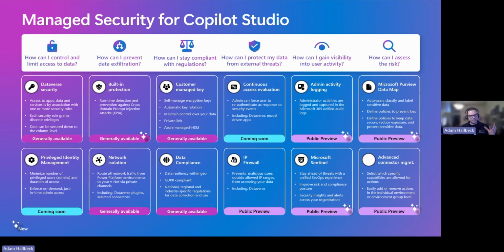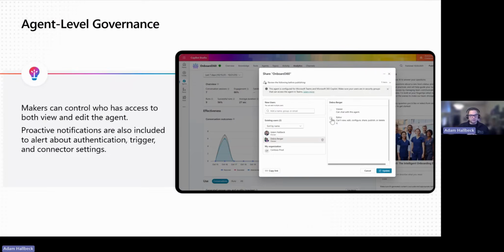And the way that my brain thinks about this is, that's cool, but this is noisy. Make it real, make it practical, make it meaningful for us. I like to think about almost everything in like a concentric circle pattern. So the innermost, the smallest, the most direct things that we can control is at the agent level. So when we're in a particular agent, we can, as makers or as developers of that agent,